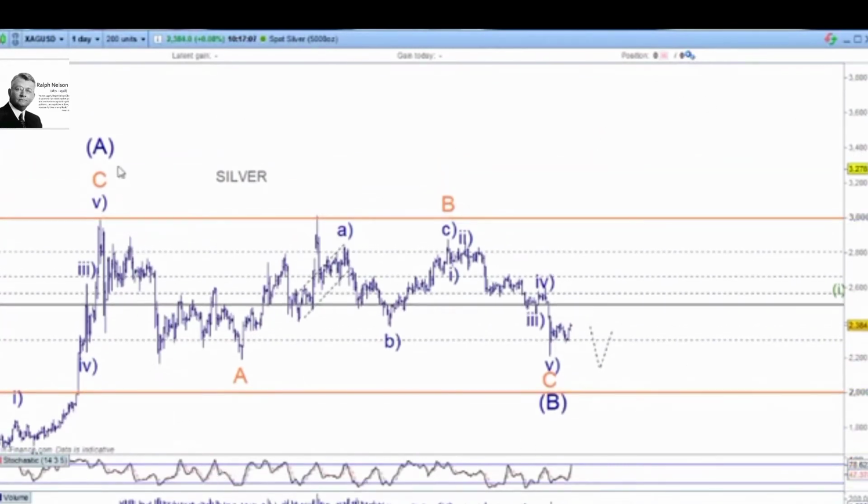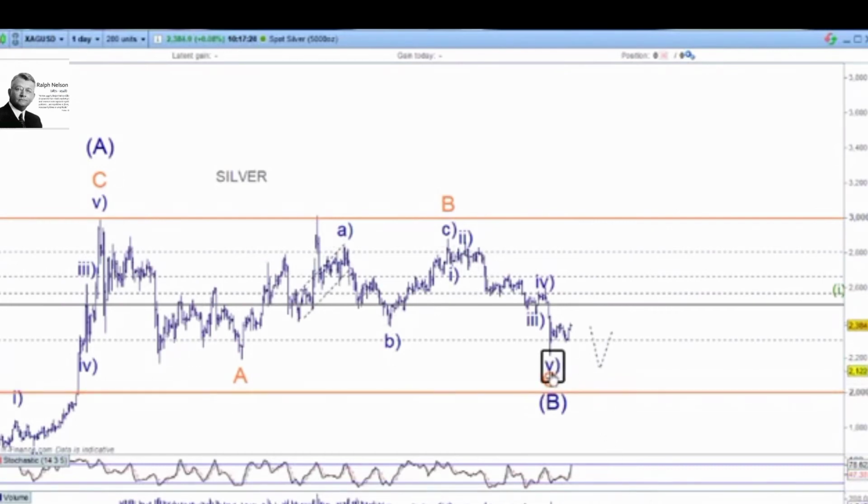It's a bit wobbly, but I've got wave A up here. Anyway, wave A here, and then an A wave to here, a B wave to here. So it's an A and a B, and all this trend channel is the A wave here, then the B wave in 3, and then the C wave here in B, and then 1, 2, 3, 4, 5 here. So